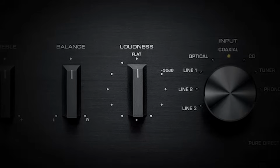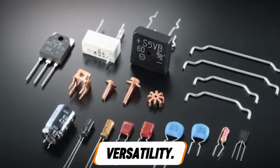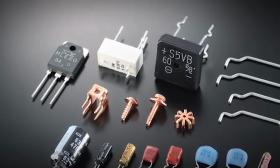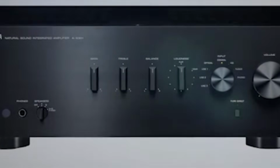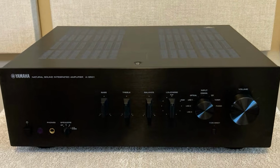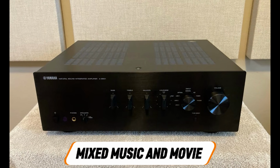Another reason the A-S501 remains relevant as a value pick is versatility. It handles a wide range of speakers confidently, from efficient bookshelf models to moderate floor standers. Its internal power supply remains composed as volume increases, meaning the soundstage expands instead of collapsing. Digital inputs allow easy integration with TVs and streamers, making it practical for mixed music and movie use without additional